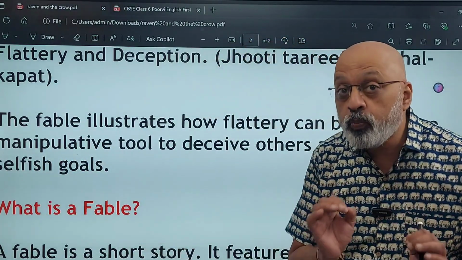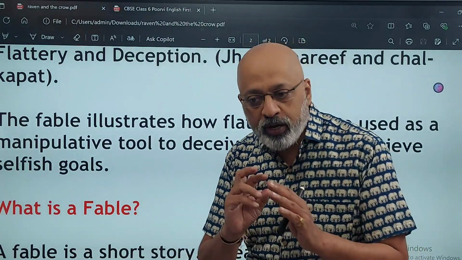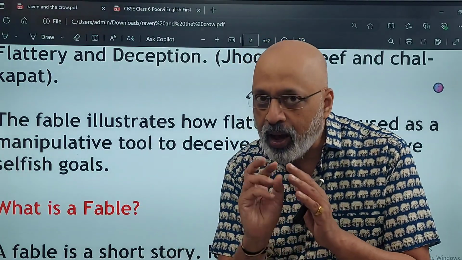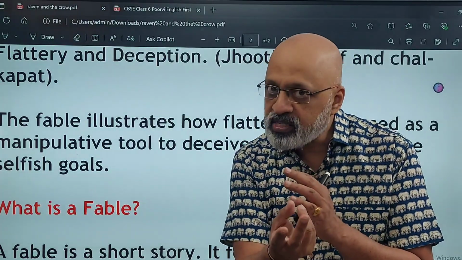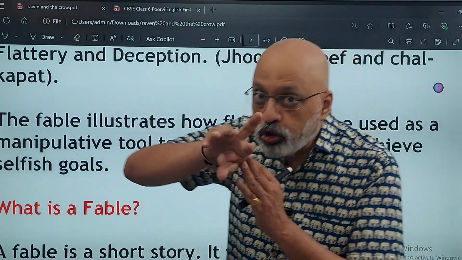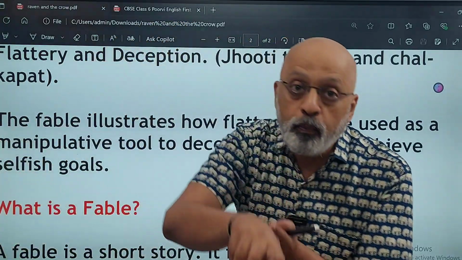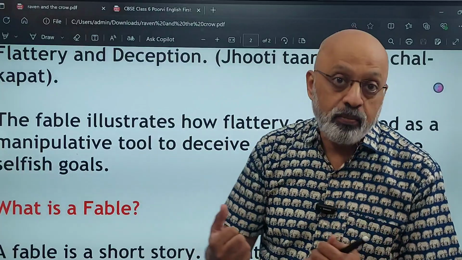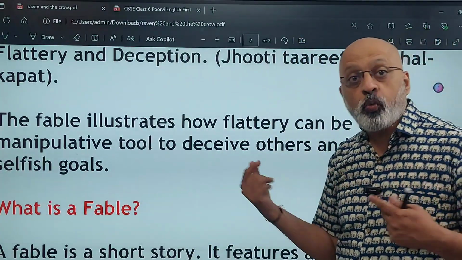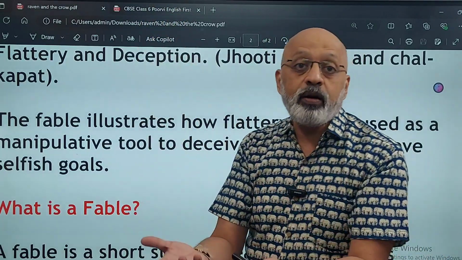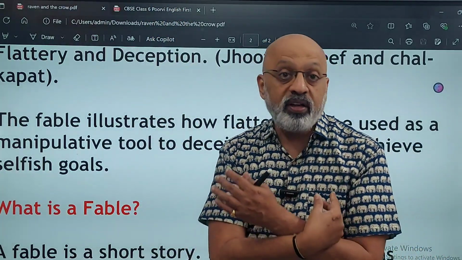So it is a manipulative, मतलब this comes from the word manipulate. Manipulate मतलब किसी को इस तरह से अपने जाल में डालना. Okay, you manipulate something in order to make जो झूठ है उसको सच दिखाना और उसके चलते किसी को बेवकूफ बनाना, अपने झांसे में लेना. Okay, to deceive others and to achieve your own selfish goals. What was the selfish goal here? He wanted that piece of food. So in order to do that, he manipulated what the raven thought.